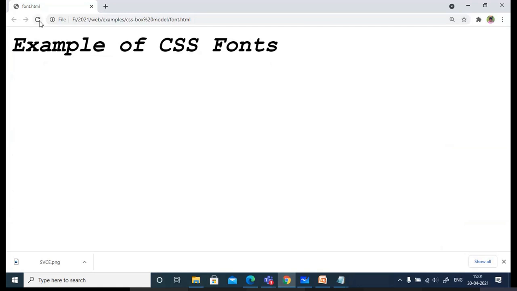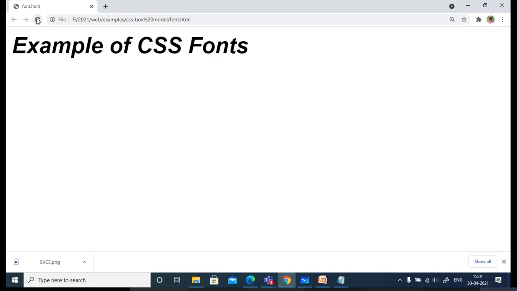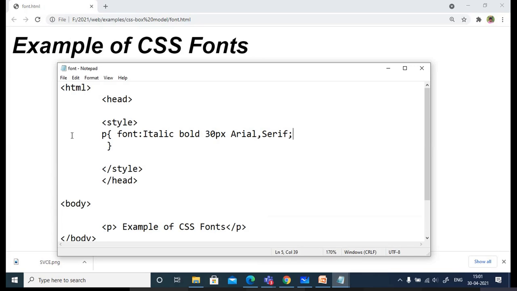Go back to the browser. I will just refresh. In case I have taken the same value, you may not see much change. Did you see? I can represent it in a single line. This is called shorthand notation. But you should be familiar with all the properties so that each value indicates its property.